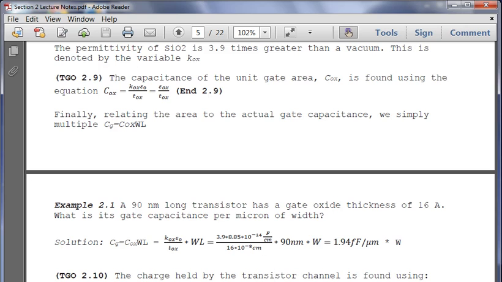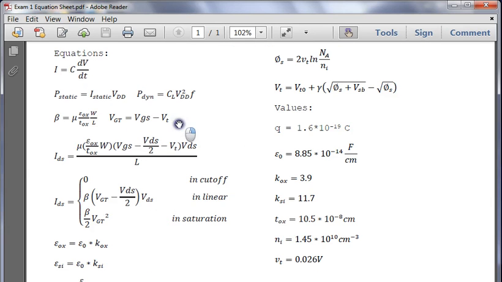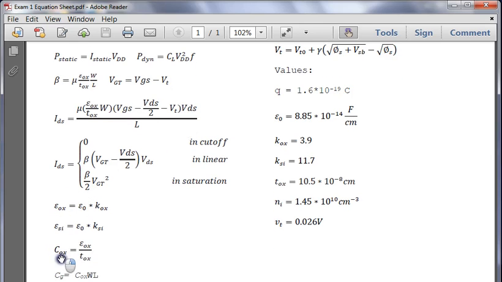So if we were doing this and we were using our equation sheet, we have all the equations we just discussed here. We have gate capacitance, COX, WL. To determine COX, we have EOX over TOX. And we have EOX equals EO times KOX. We know that